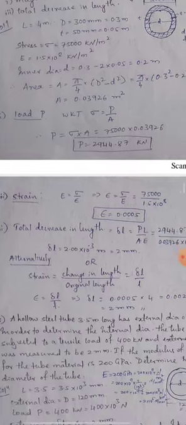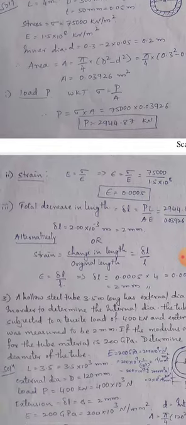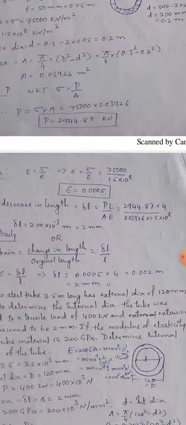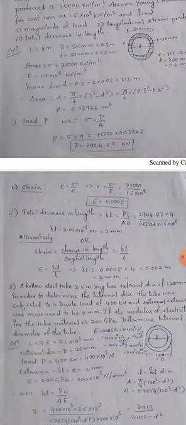Clear? And the third one, a hollow steel tube of 3.5 meter long and has an external dia of 120. See here, a hollow steel tube, length is equal to how much? 3.5, external dia 120. Your aim is to calculate the internal dia. The tube was subjected to a tensile load of 400 kilonewton. That is P is equal to how much? 400 kilonewton. And extension was measured to be 2 mm. That is change in length is equal to how much? 2 mm. The modulus of elasticity for the tube material, that is E, is given to you as 200 GPa.